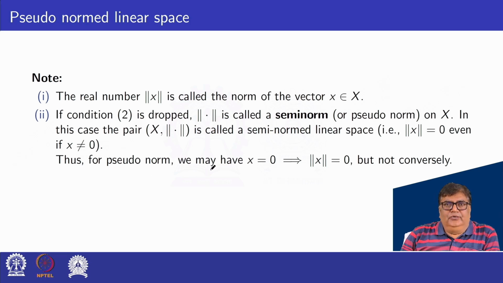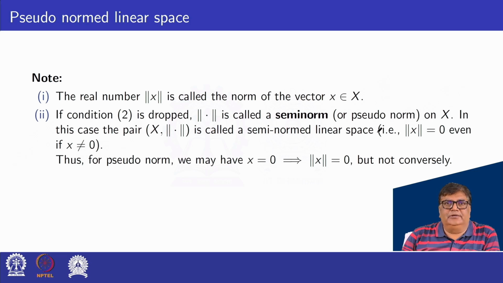That is, we may have x not equal to 0. This implies that ‖x‖ is equal to 0 but not conversely. Not conversely means ‖x‖ equal to 0 does not necessarily imply x equal to 0. So if we satisfy the second condition in this way, then the ordered pair (X, ‖·‖) is called a semi-normed linear space or